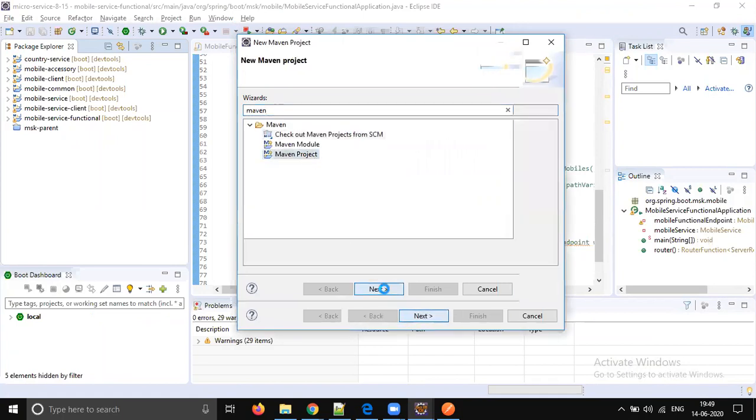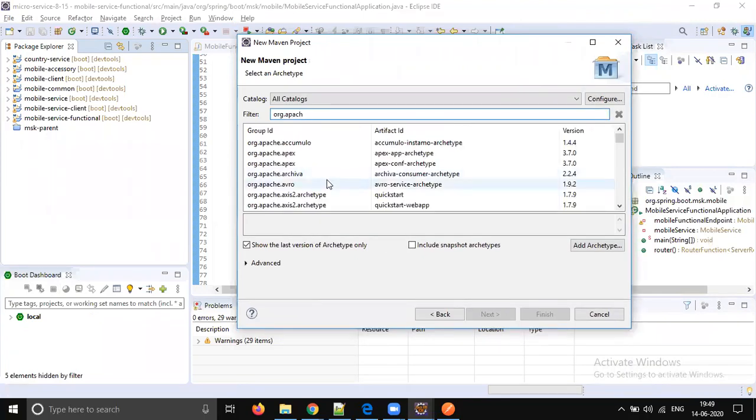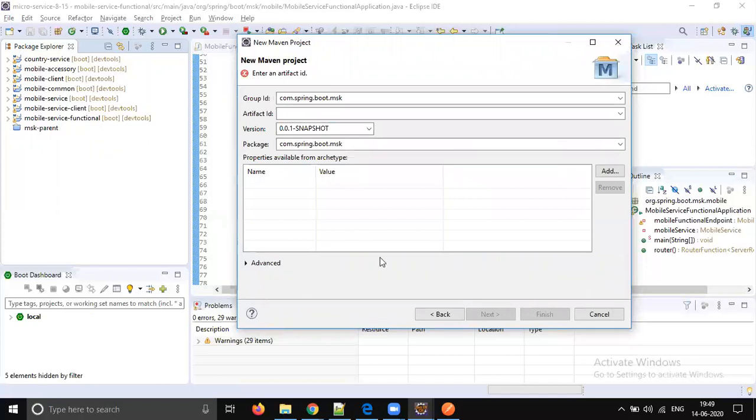Next, org.apache.maven, and we need a simple project, right? Let's select archetype simple. Next, yeah.